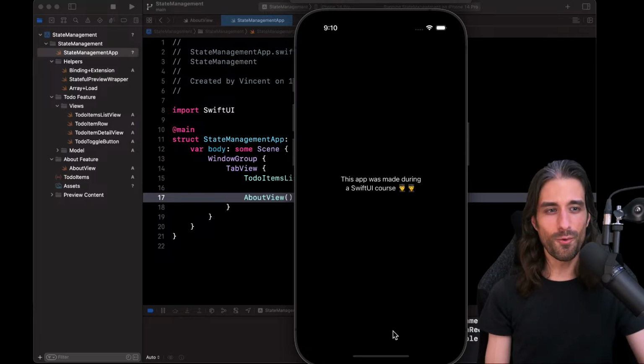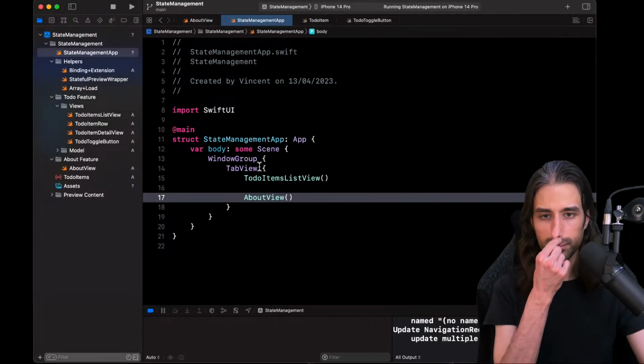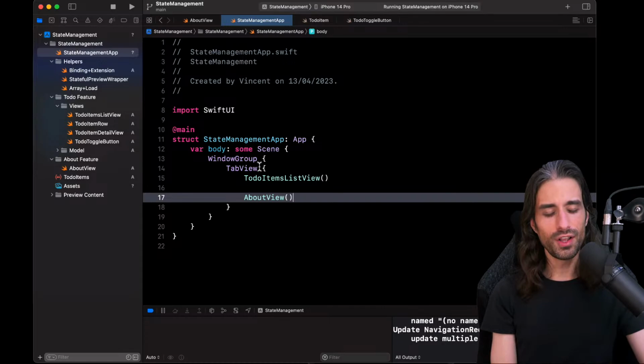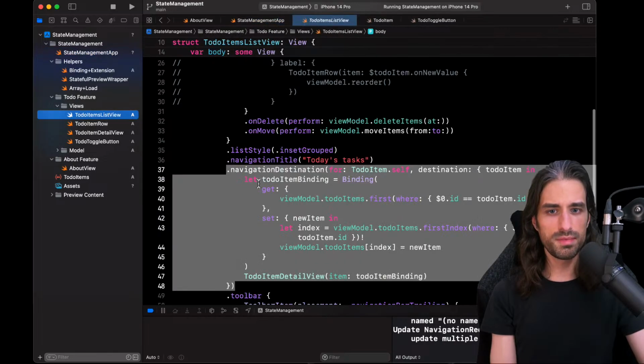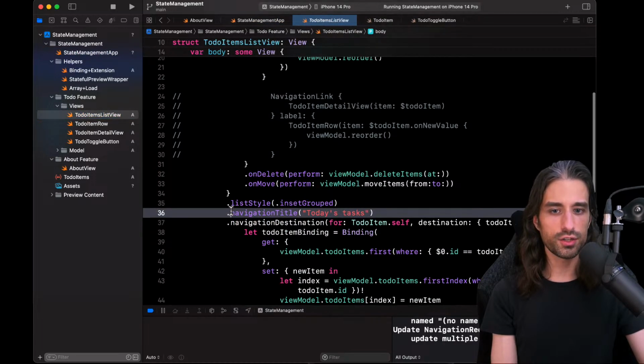So let's provide a way to actually tell tab view how it should display the views in the tab bar, kind of similar to the UITabBarItem in UIKit. The way we will do it is quite similar to the way we provided the navigation title.